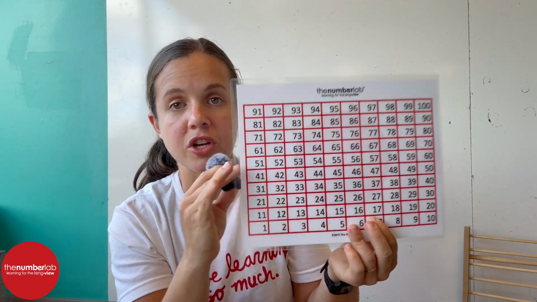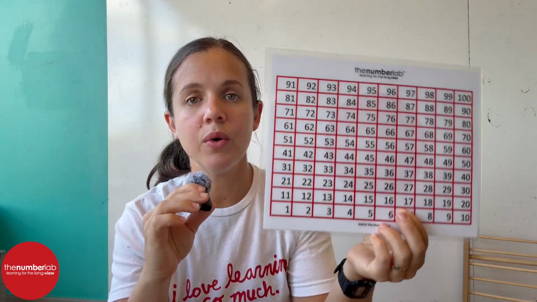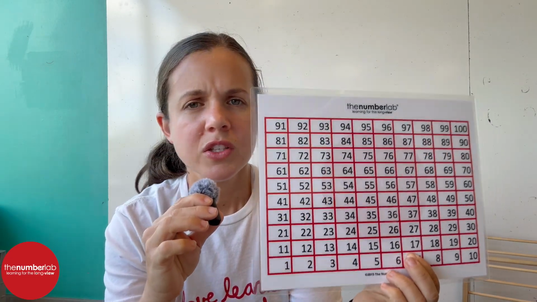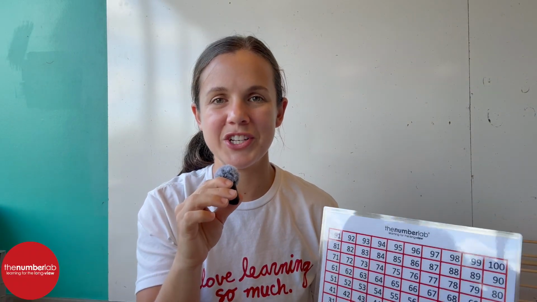And again, being able to talk about all of those moves. Those are all equivalent. Those are all mathematically accurate. And how can we use this chart to do that work? So again, just 3 quick prompts to get them comfortable with the structure of the chart and starting to get the conversation moving. And then at that point, after we've had that whole group conversation, I'm moving them pretty quickly into doing the